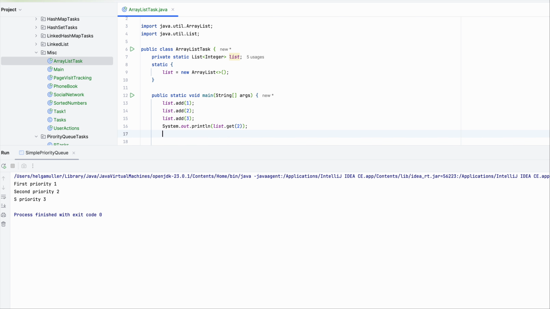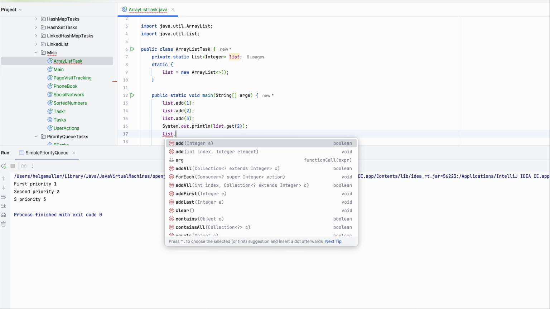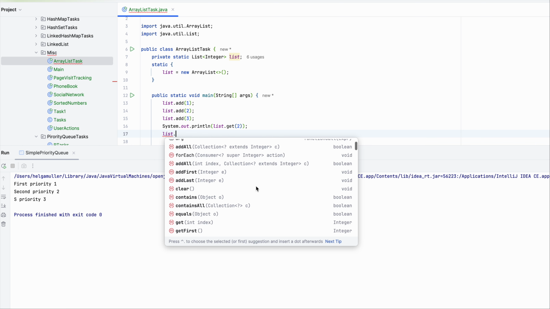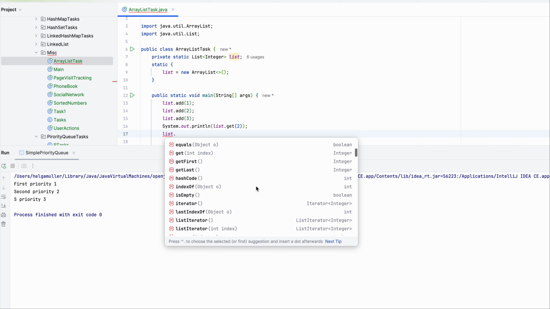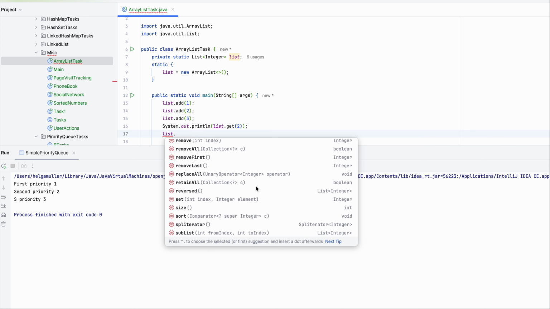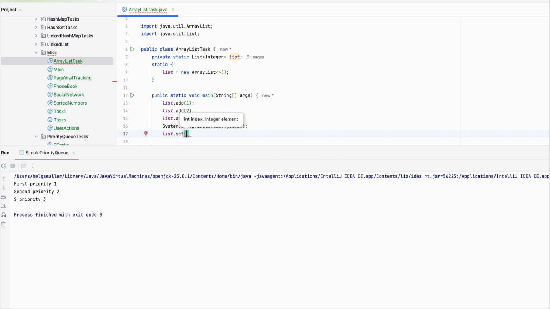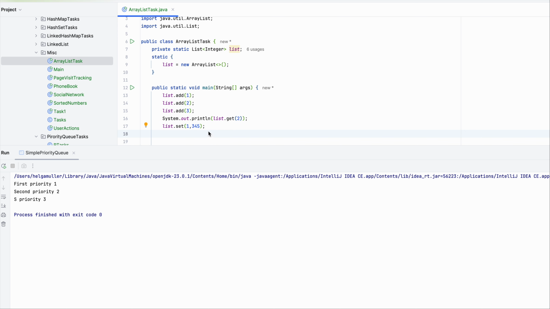I need also to update list, list set. Let's take, so because indexes in Java usually start from 0, the first element has index 0, and the second element has index 1. So for the element with index 1, set value 345,